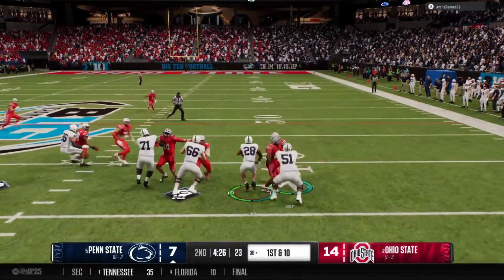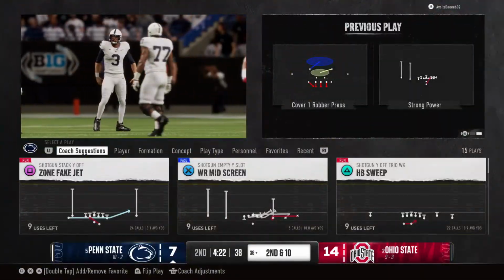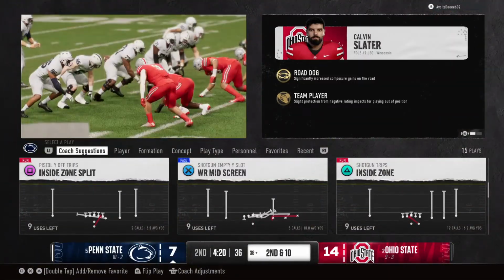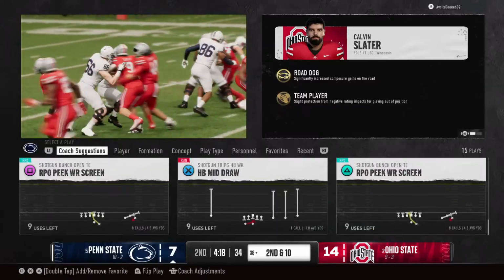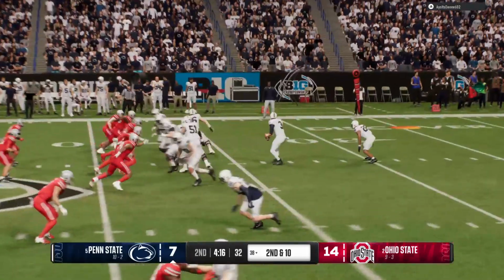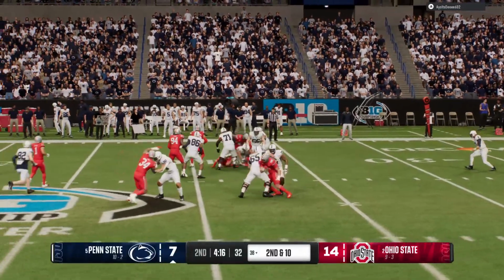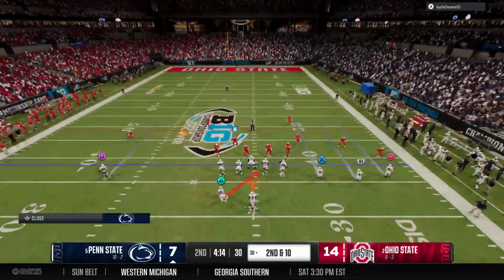And now the handoff. They make the stop to get the ball carrier down. It was an excellent effort by this defense, just staying in their run fits, holding their own at the line of scrimmage, and then making a tackle. Offense just couldn't get enough of a push to get any yards at all. Now it's second down here.